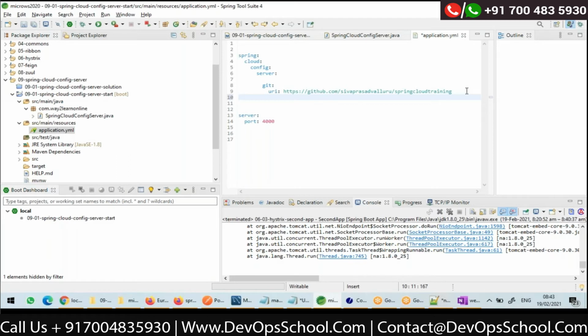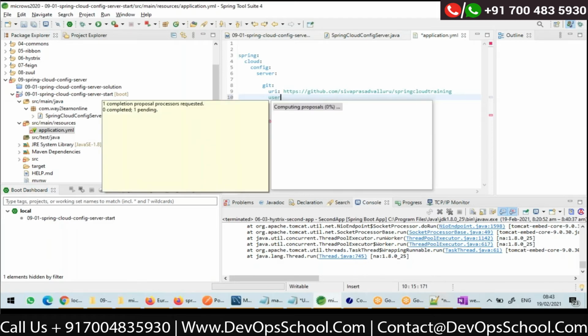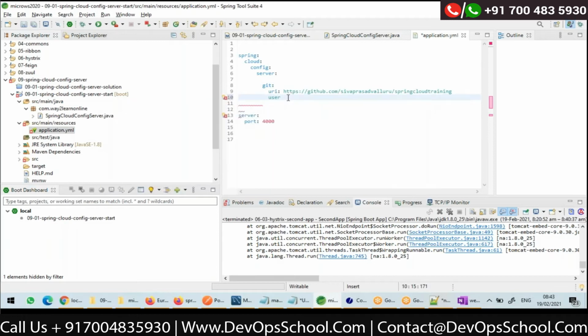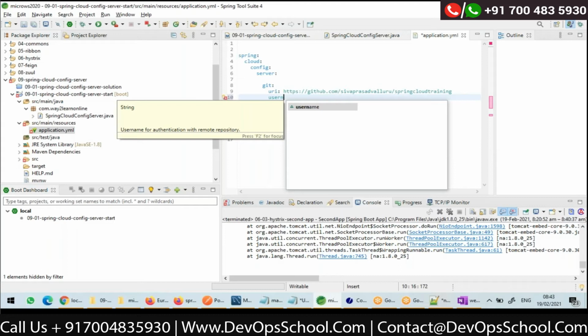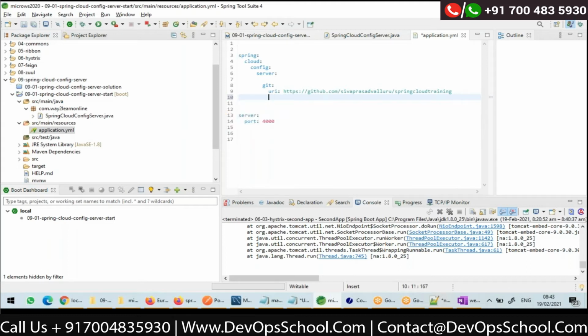Suppose yours is a private GitHub repository, you just need to give your username and password. There are properties for username and password. You need to give them if your GitHub repository is private.